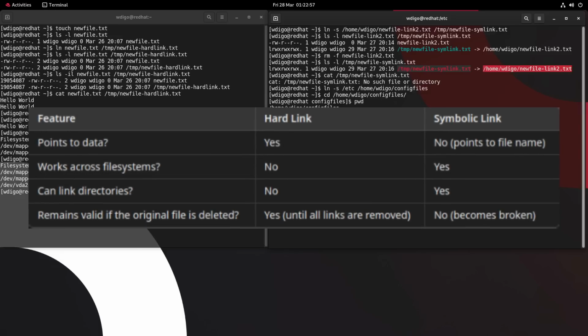Key differences between hard and symbolic links. Points to data: for hard link, yes; for symbolic link, no. Points to file name. Works across file systems: for hard link, no; for symbolic link, yes. Can link directories: for hard link, no; for symbolic link, yes. Remains valid if the original file is deleted: for hard link, yes, until all links are removed; for symbolic link, no,